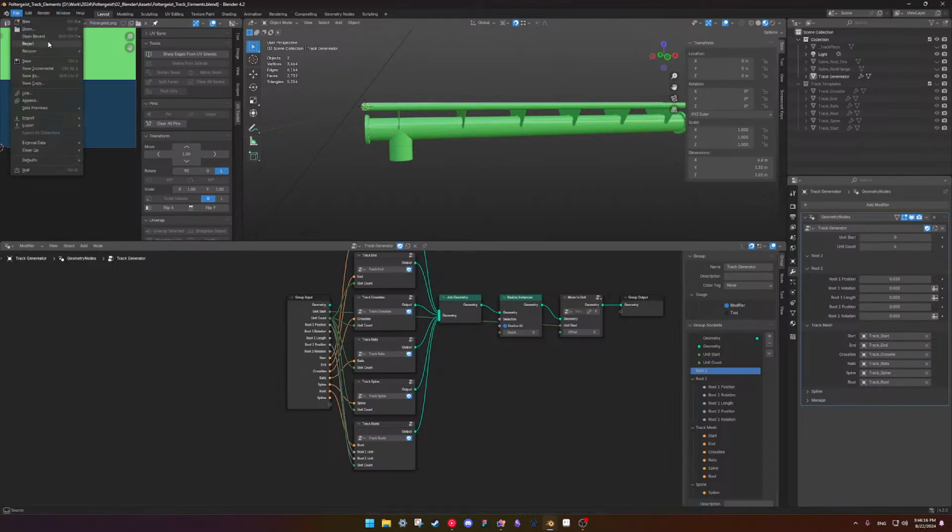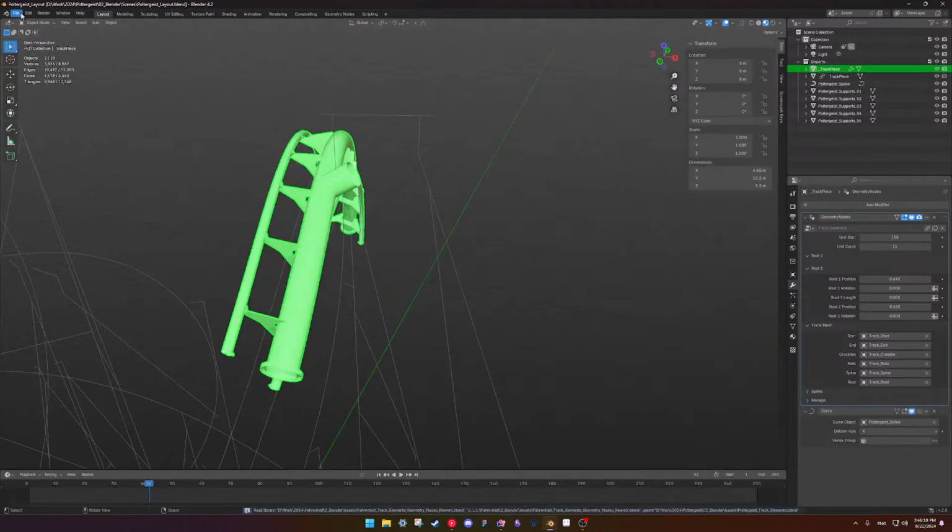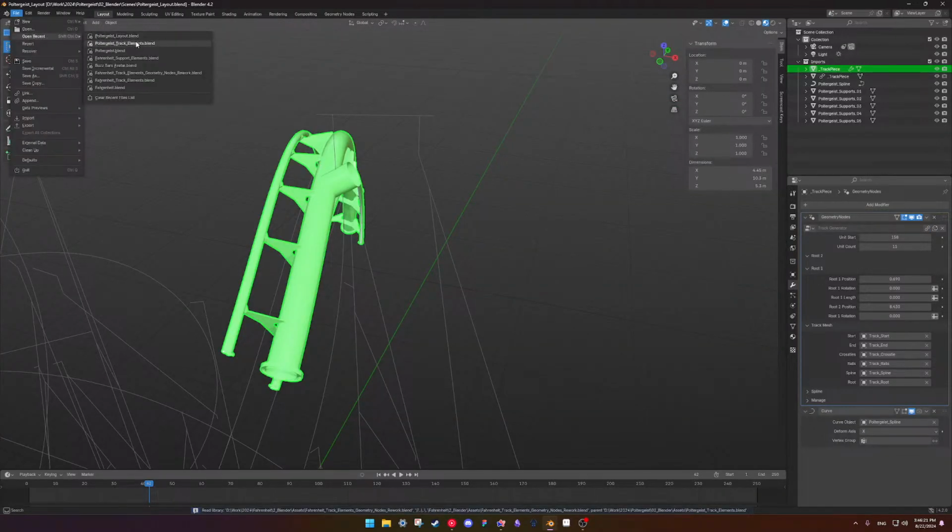Alright, let me open the other file and then go back to this one. Don't crash.